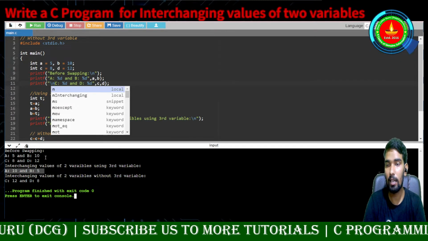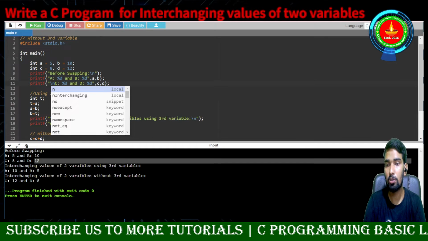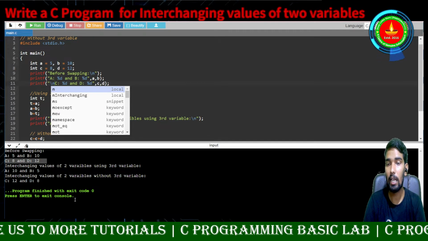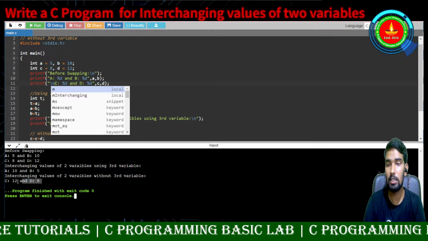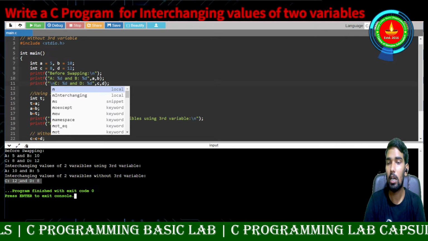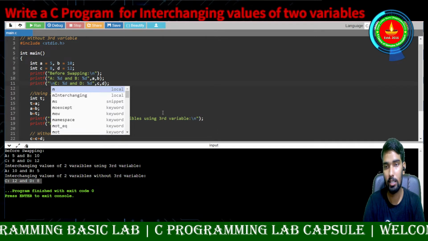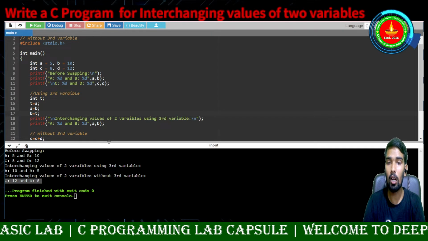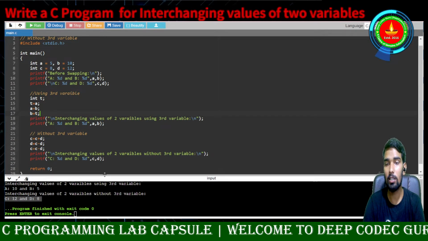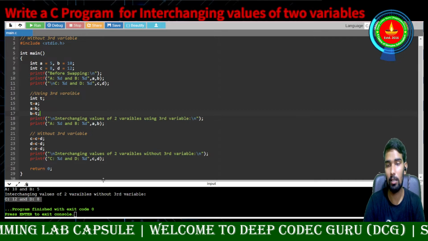Now the C value was 8 and the D value was 12 before swapping, and after interchanging, the C value became 12 and the D value became 8. So this is all about swapping or interchanging variable values.